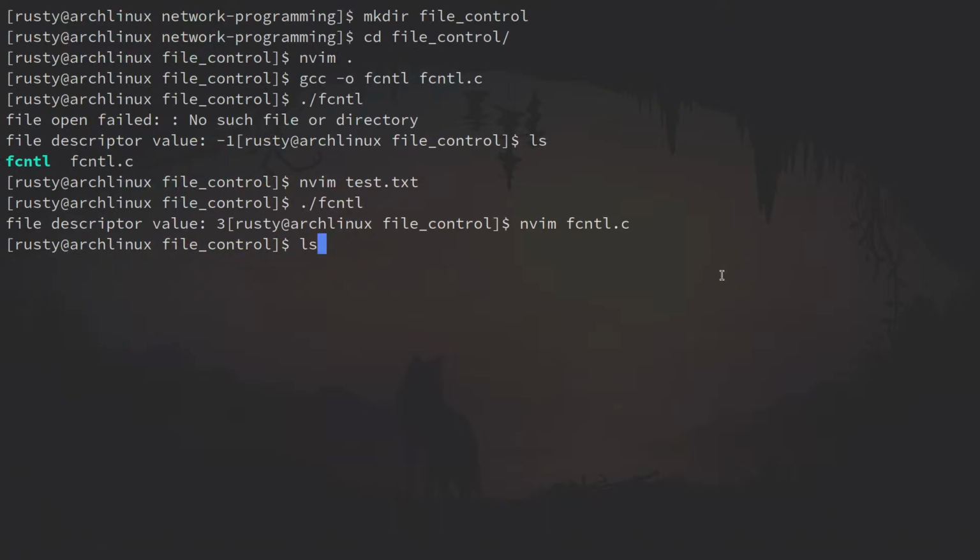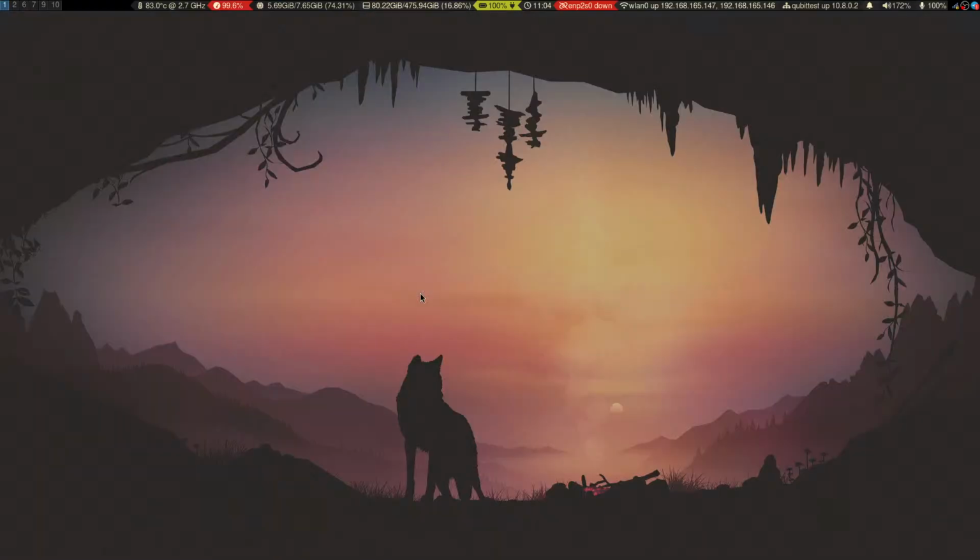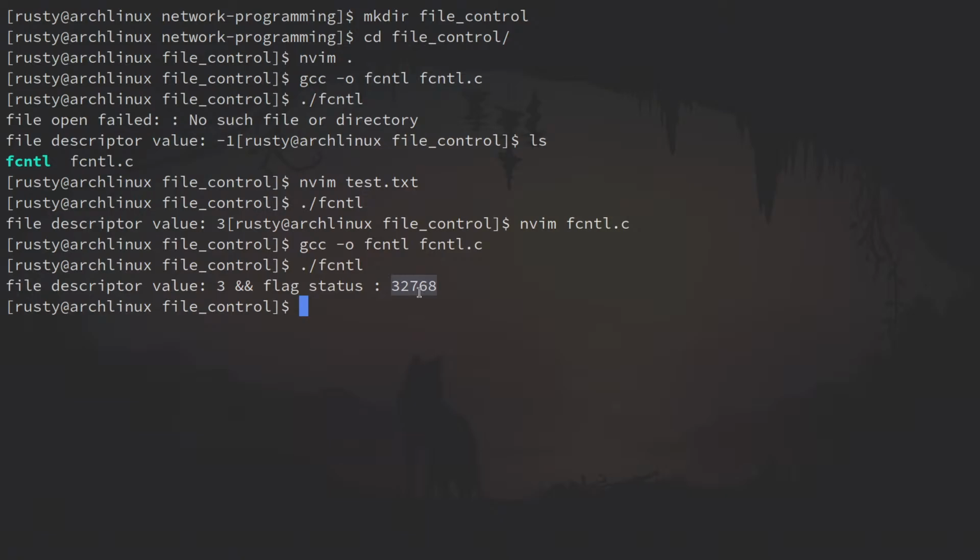So let's recompile that file and run that file. So we have a flag status called 3268. Let's copy this and convert to the hex value. So we can also get the hex value. For that we search how